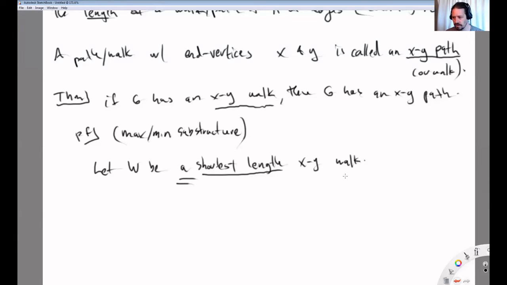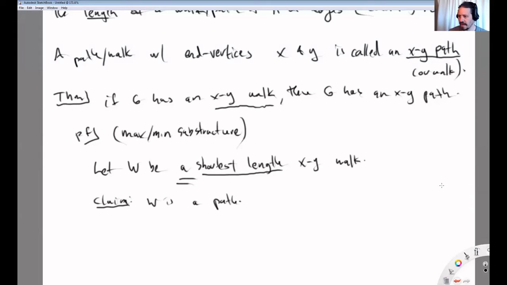Here, just start with the shortest one. So my claim here is that the shortest one here is a path. So let me write that. Claim that W is a path, actually, right? That's actually an XY path. And this comes from